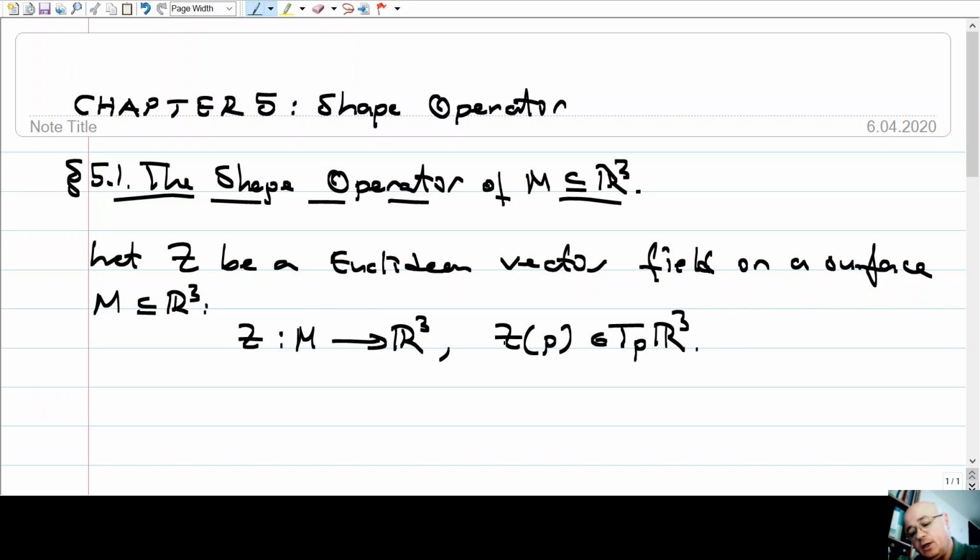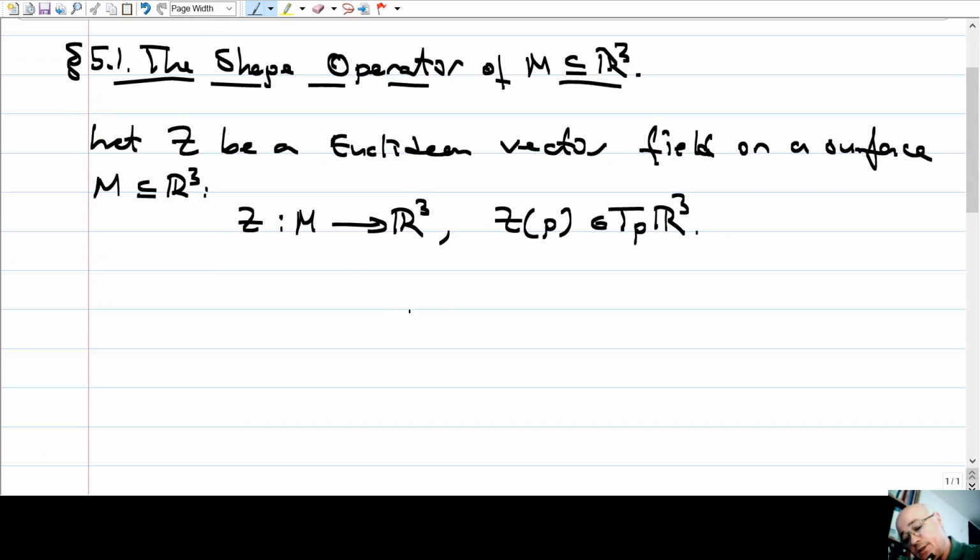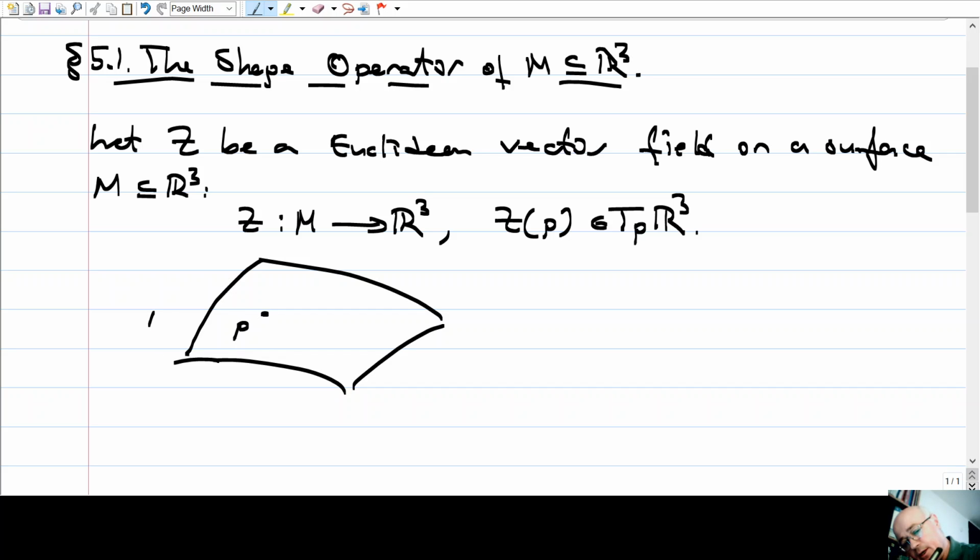So a Euclidean vector field on a surface M is this. To each point of the surface, we assign a vector. Okay, so let's say this is the point, it's the surface M, and we assign this vector. So this doesn't have to lie inside the tangent space. The tangent space could be like this, but this vector doesn't have to lie inside the tangent space. All right,